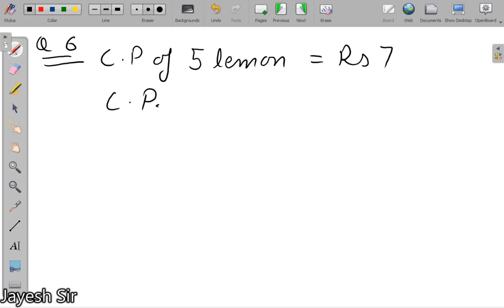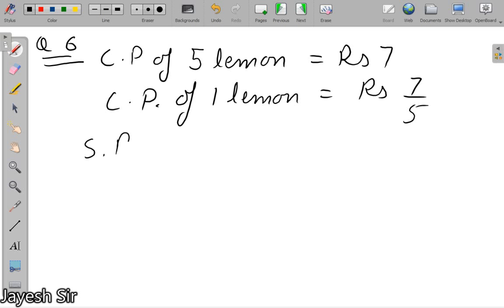If someone is saying the cost price of 5 lemons is rupees 7, then the cost price of 1 lemon will be rupees 7 upon 5. Easy. And the selling price of 1 lemon, this question is very smart. It has given the cost price of 5 lemons and the selling price of only 1 lemon. That is why we determined the cost price of 1 lemon only. So now the selling price of 1 lemon is equal to rupees